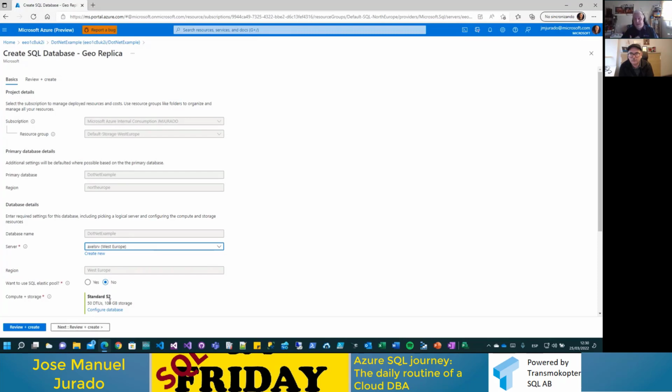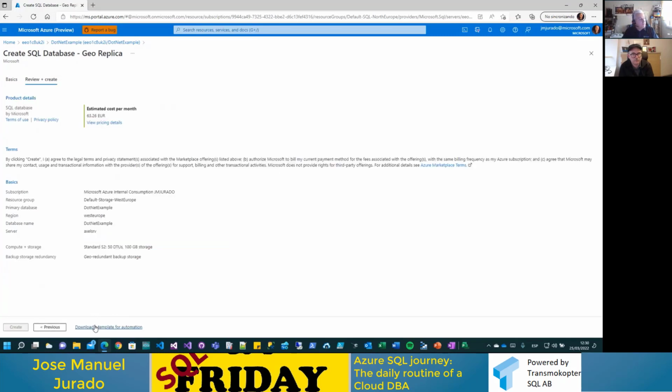If the secondary is not able to manage all these requests, you are going to have a bottleneck here. So for that reason, our recommendation, of course you need to test this, is always to use the same database tier that you have in the primary. Or you could use another one, or a higher one.